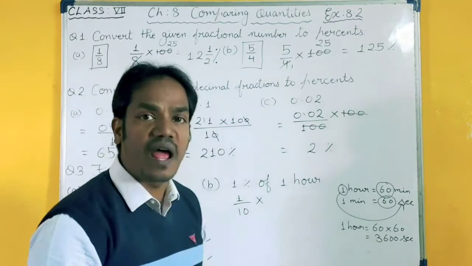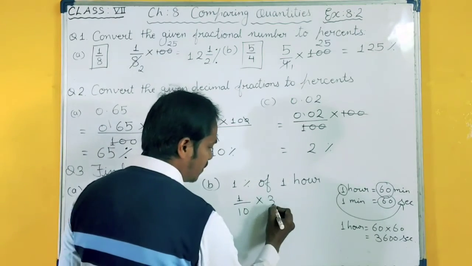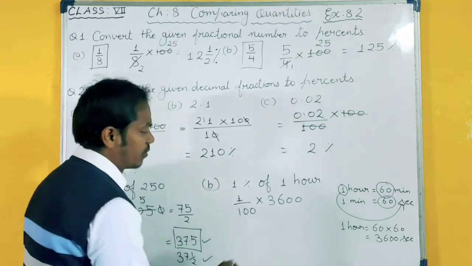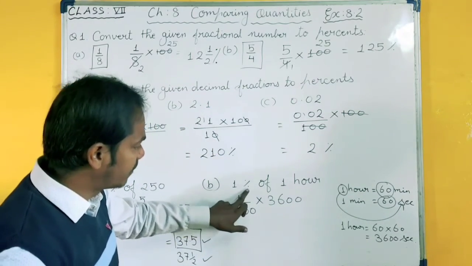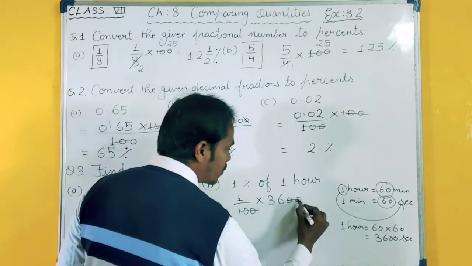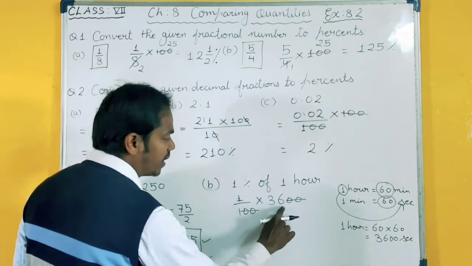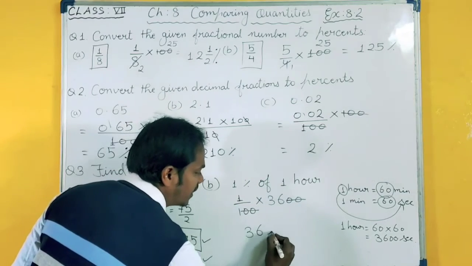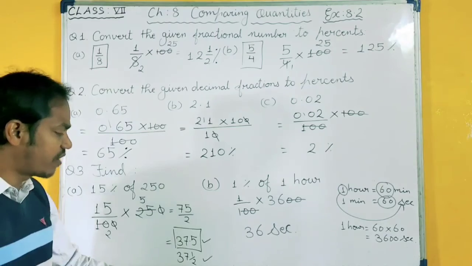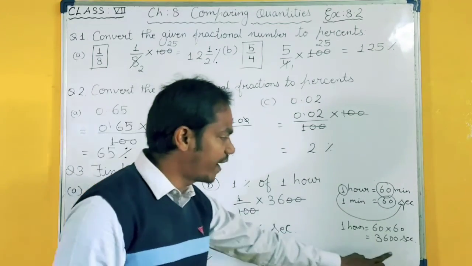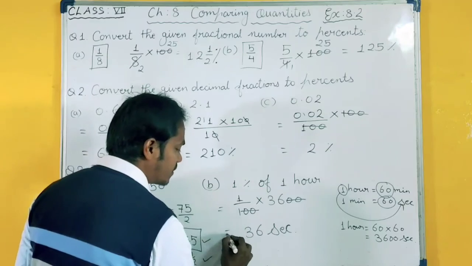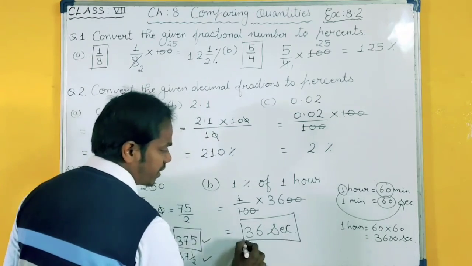So in place of 1 hour, I will write 3600 seconds. 1 upon 100. I will remove this percent and write here 100. Now this 100 to 100 cut. What is remaining? 1 multiplied by 36. So 36 seconds is your answer. In the earlier question no unit was given, so I wrote the direct answer. Here we have to find the unit, and we converted hours into seconds. So in the answer you will write this seconds also. This is compulsory to write. Okay.